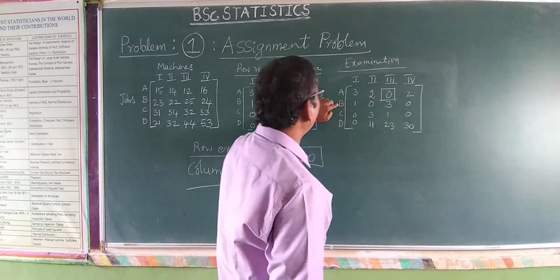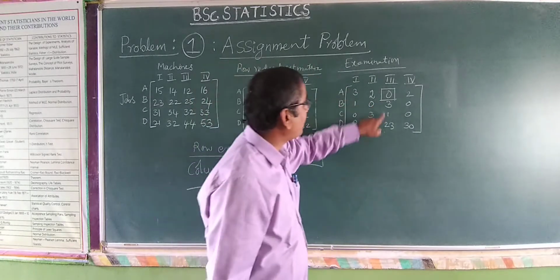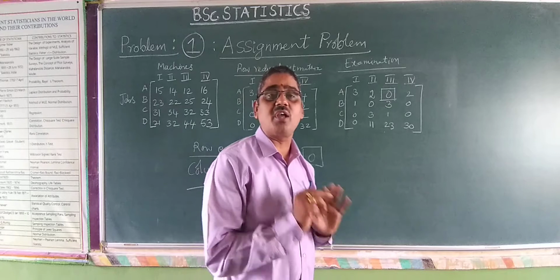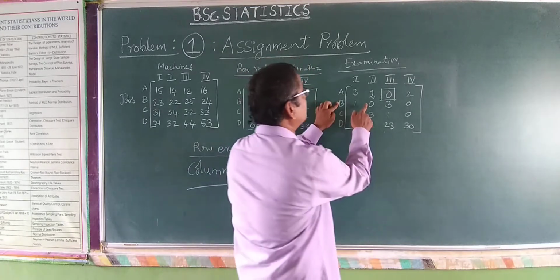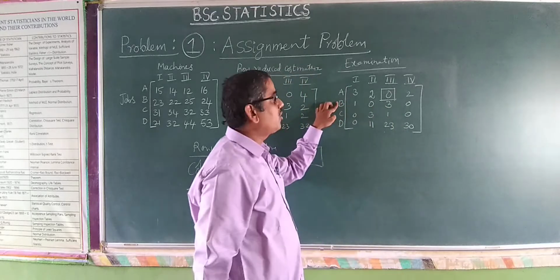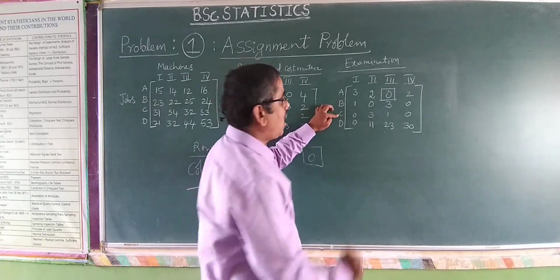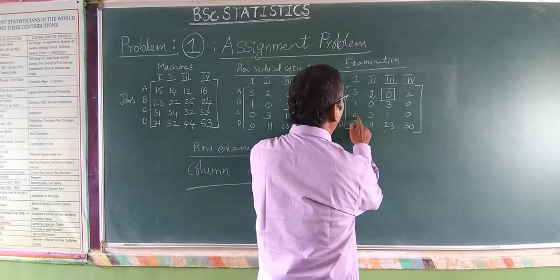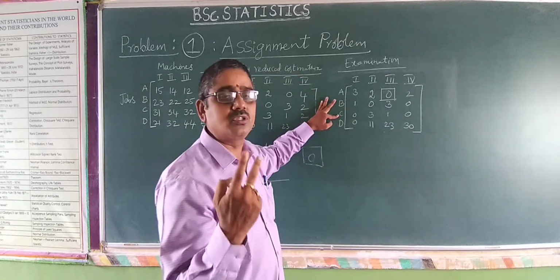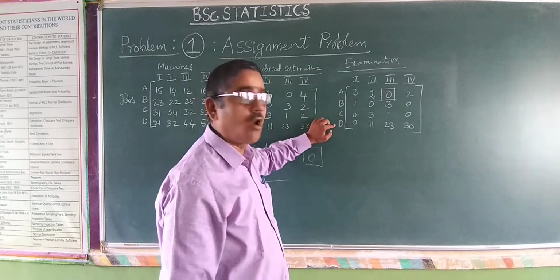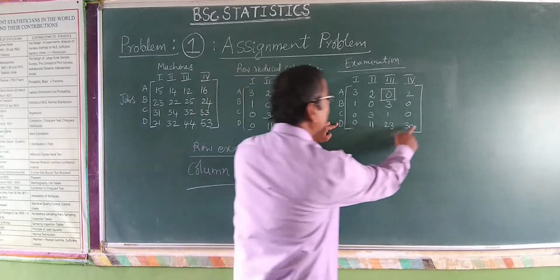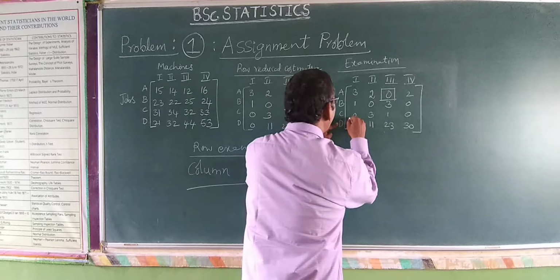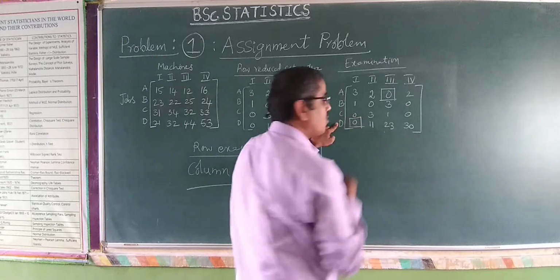Similarly, come to the next row. There is no zero in that column, so we have not cancelled anything. Then come to the next row, the second row. We have 2 zeros, 1 2. Therefore you have to pass to the next row. How many zeros are there in the third row? 1 2, again 2 zeros. Then you have to pass to the next row. Consider the fourth row. How many zeros are there in the fourth row? A single zero. En-rectangle the 0.